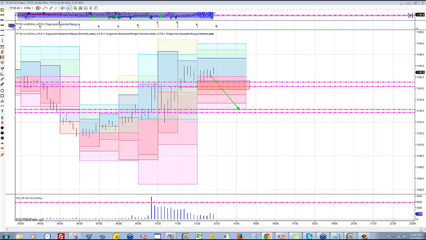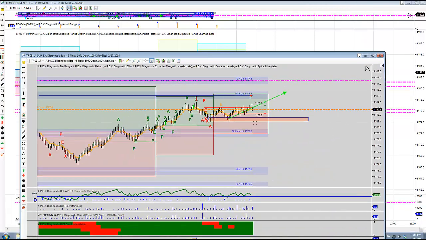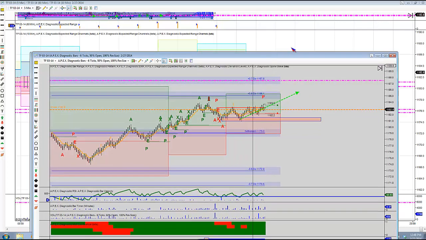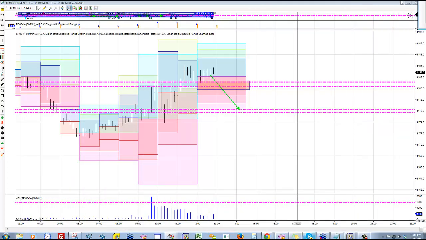I personally would rather wait until I have a decent confirmation, an expectation or something. Maybe I hit my expected range on the way back up, from low to high, which we're pretty close to right now. And that could be okay, now I can go short on Apex. And I may go over here and look at,